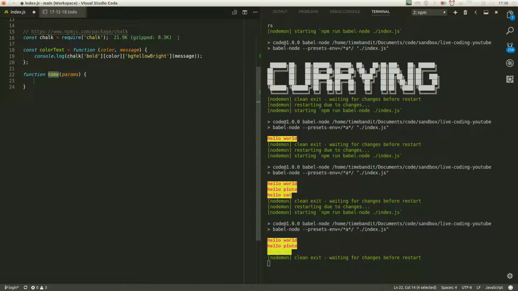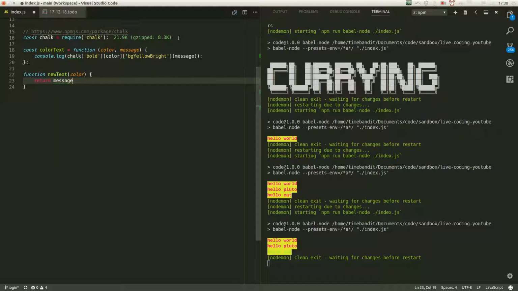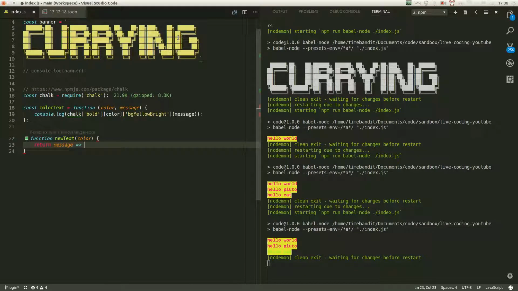So we could easily have something like this. Let's just call it newText. So here we would specify the color that we want this special function to have, and it would return a function which only takes a single parameter. So it would only take message, and it would return